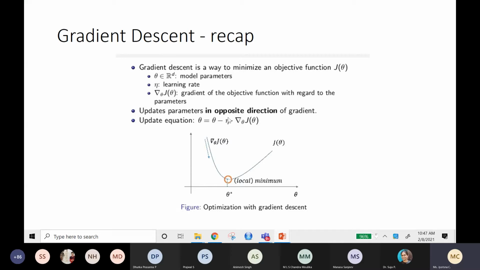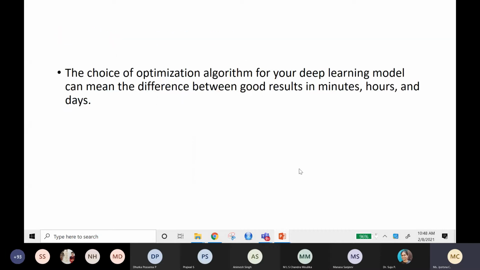And this is the learning rate. The gradient is multiplied with the learning rate, and that decides the size of the steps. In this region, where we are away from the local minima, we can take bigger steps. But when we reach this particular region, the steep region, the weight updation should be slow so that we do not miss the local minimum. So the learning rate decides the step size. I showed you an example of that last class.